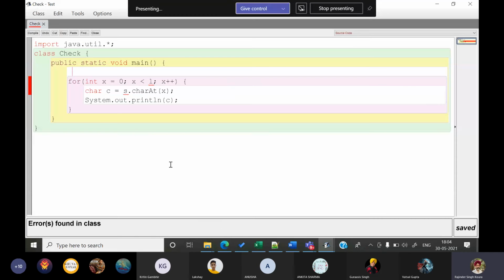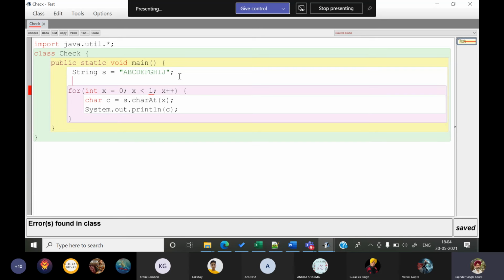Otherwise, shortcut to hai hi hai. String s is equal to a b c d e f g h i j, whatever it is. And when I compile this, L हमने calculate नहीं किया है. int L is equal to s.length function, and let's run this.